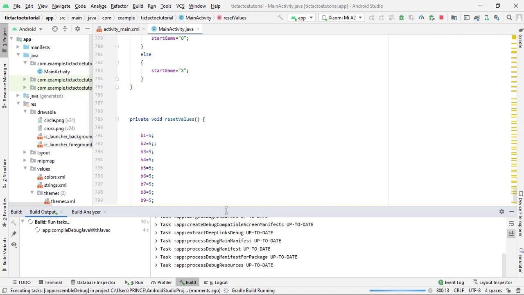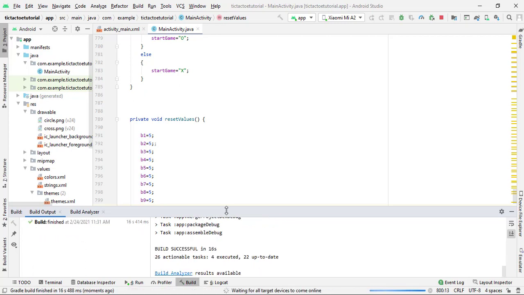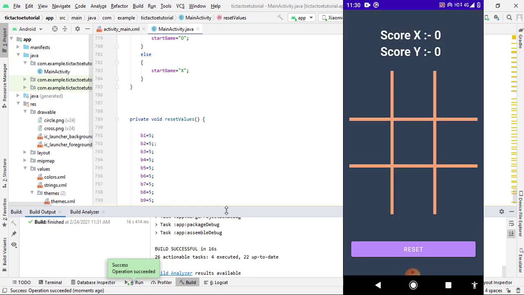Because I is also a variable, and after doing 6 and 7 operations, I incremented to 9. So this is the type of thing. No one wins just after clicking 2 or 3 buttons. So hope you understand why this is an error. Now everything is fine. Now let's check our app again.